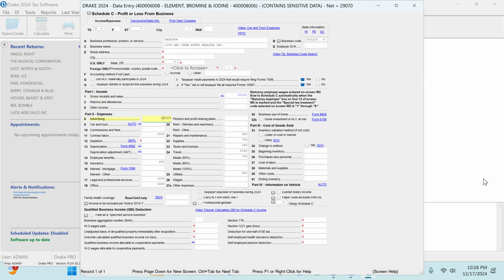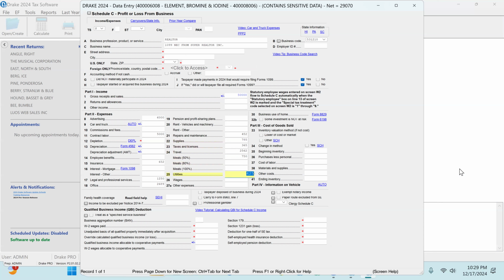As you spend on this, one for advertising, contract labor, insurance, legal and professional, office, repair, and supplies, travel, meal, trip, talking to a potential client,